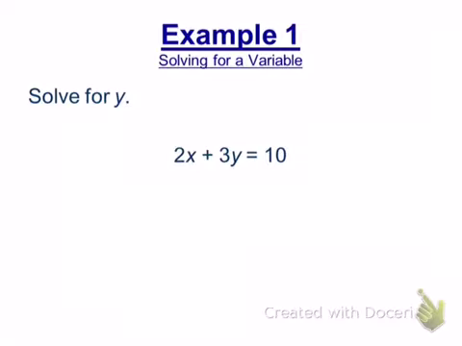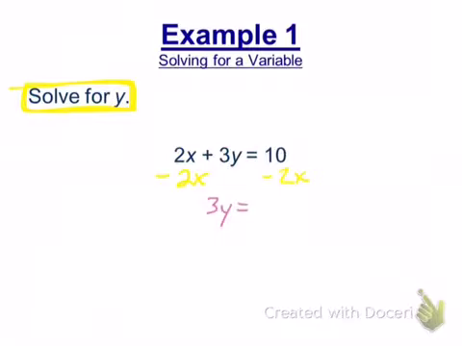All right, let's go back to what all of our instructions mean. What does this "solve for y" mean? Means get y by itself, right? So we've got to unwrap this equation. If this was 6 plus 3y equals 10, what would you do first? Subtract 6 from both sides, but it's not a 6 there, it's 2x. So if I want to get y by itself, the first thing I need to do is subtract 2x from both sides. Okay, and that will give us